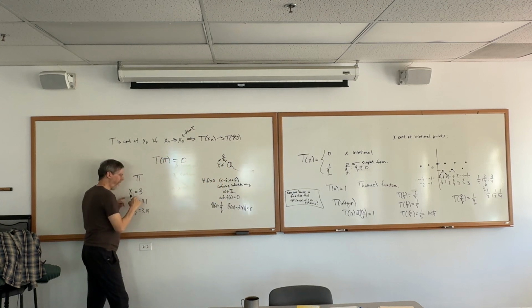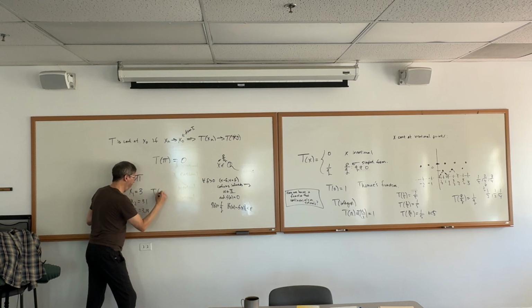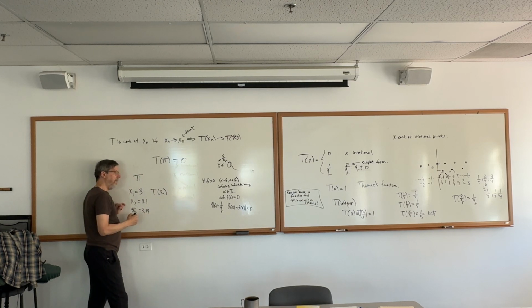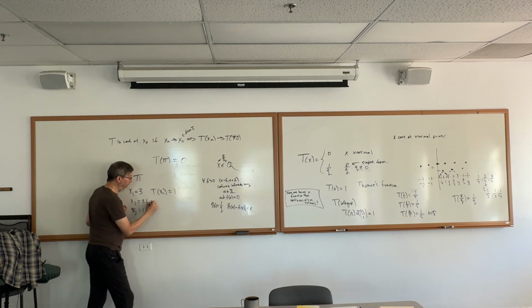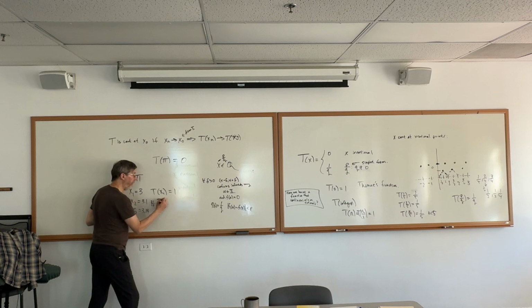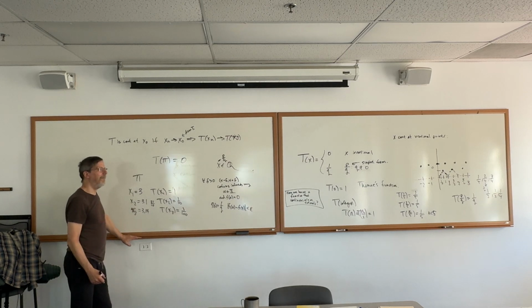So let's take a look here. We know that t of pi is 0. What is t of x1? Just 1, because it's 3 over 1. Yeah. And then this guy here is 31 tenths. So what's t of x2? 1 tenth. What's t of x3? 1 over 100. Where does it look like those t's are converging? To 0. Kind of looks like they're headed to 0.